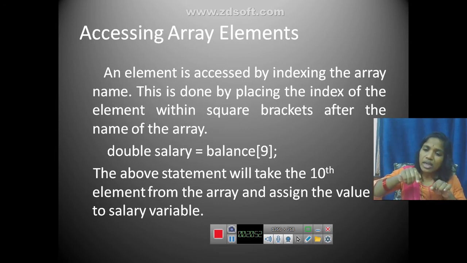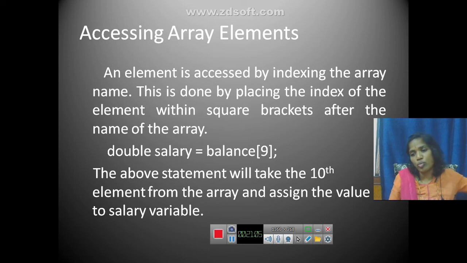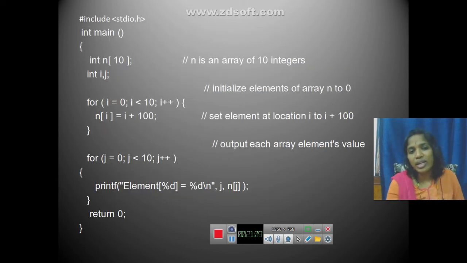Within that, the value is number minus 1, because if you want the 10th value, you have to access it as 10 minus 1, because you are starting your array from 0. Right? So here is an example, a simple example I have taken so that you can understand how arrays work.